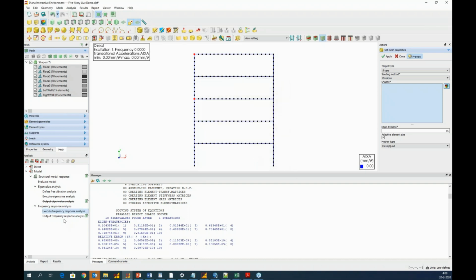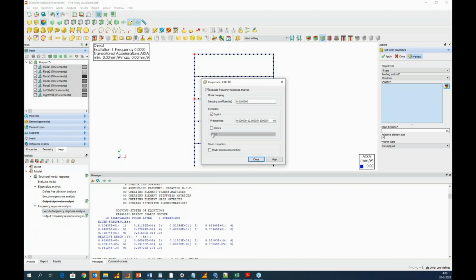And one more thing I want to say, I want to just select the modes which are dominated by the wall deformation, because they are the strongest and the most dominating. So here I put my modes, which are 1 to 3, 7, and 10. So I get rid of the modes dominated by the floors deformation.